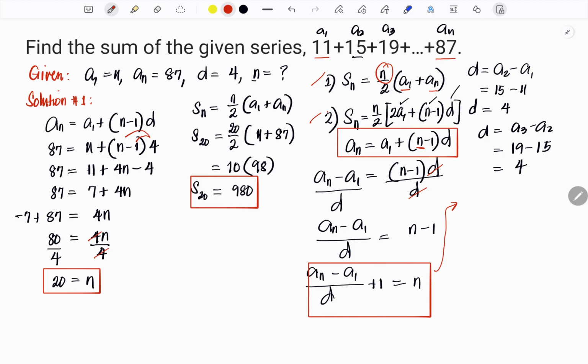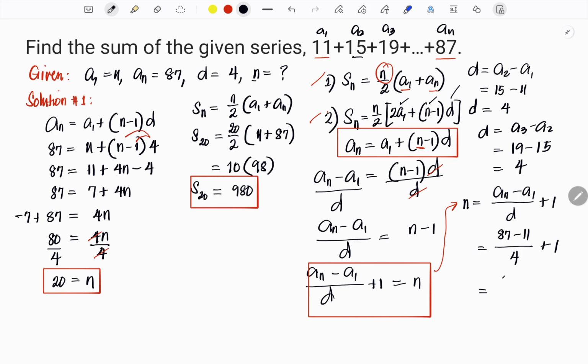So we have n is equal to a sub n minus a sub 1 all over d plus 1. And a sub n is equal to 87 minus 11 over d, which is equal to 4, and then plus 1. And 87 minus 11 is equal to,